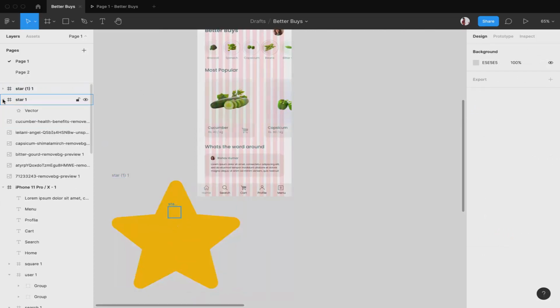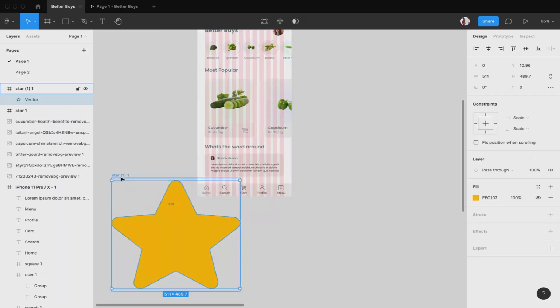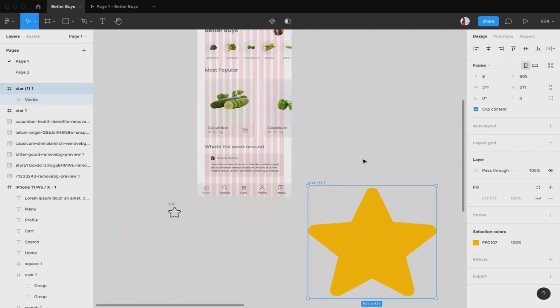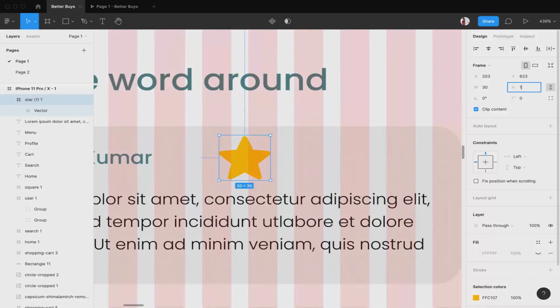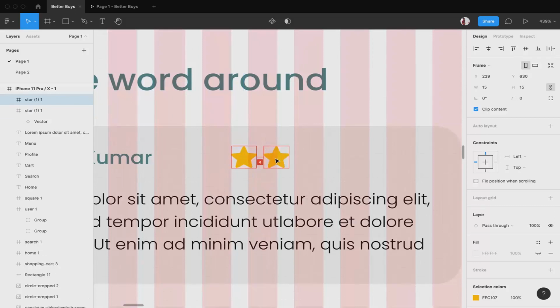Let's talk about star. This is star 1, this is star. I'll make it of size. Okay, so we need to lock it. By locking I mean that the height and width will be of the same proportion as it is now. If it is not locked and I change the height, then only height will change and no change will be in the width. But since it is locked, if I change the height to 30, the width also changes to 30. So it will be in proportion. That is the main gist of this. So 30 is way too big, I'll make it 15. Okay, 15 seems fine. Copy it 4 times.